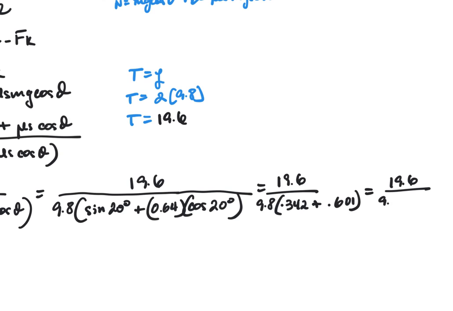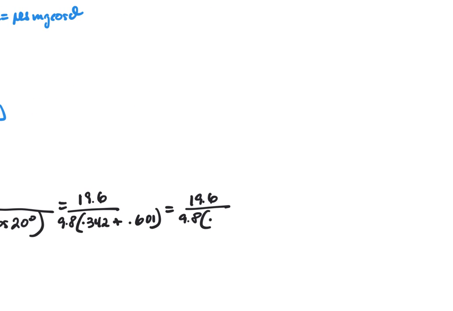Then we add these two values together and get 0.943. So we have 19.6 divided by 9.24, and we end up with 2.12